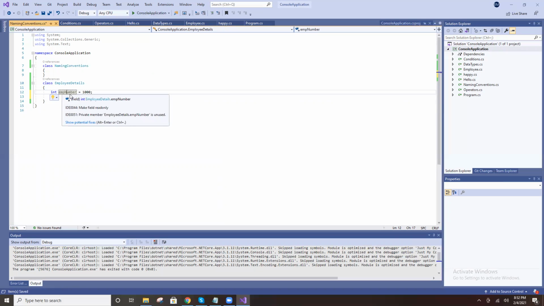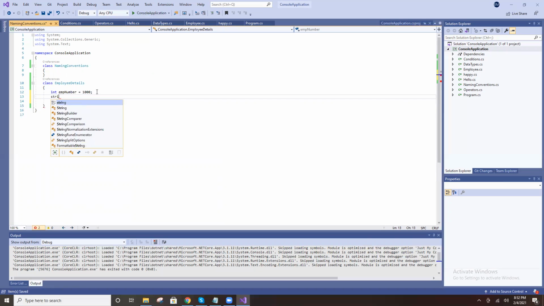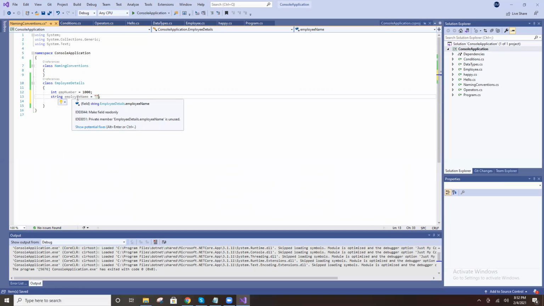EMP is small. Number is one more word, right? Capital letter. The same way, string student name. Employee name equal to. See, you are following naming convention. Employee is in small letters and the next word will be a capital letter. Like that.